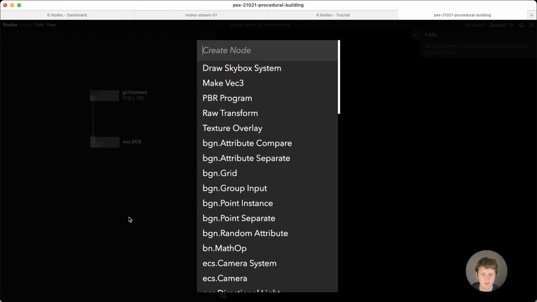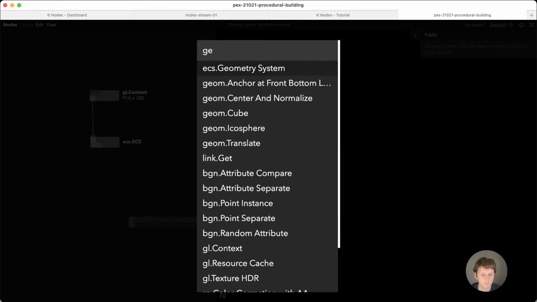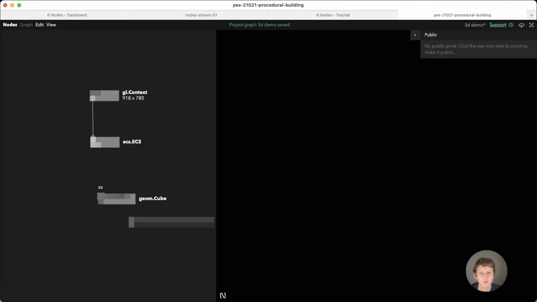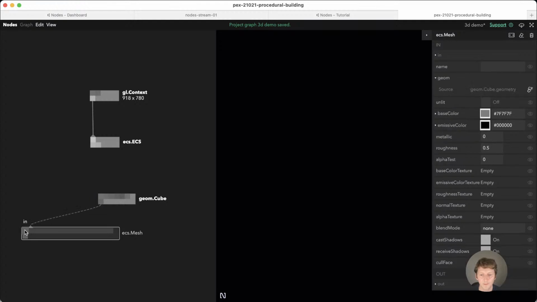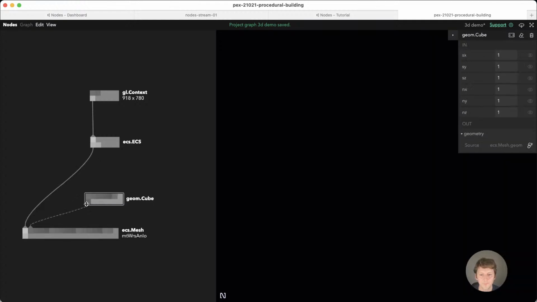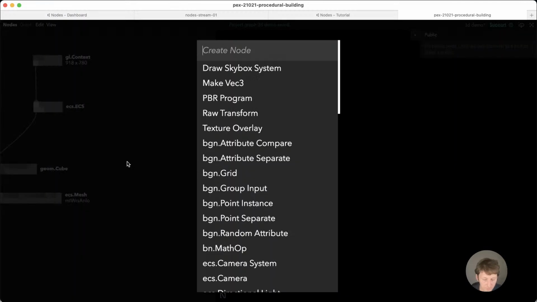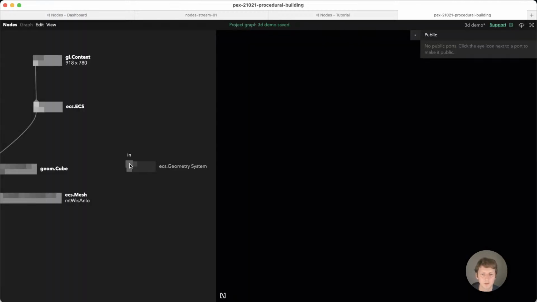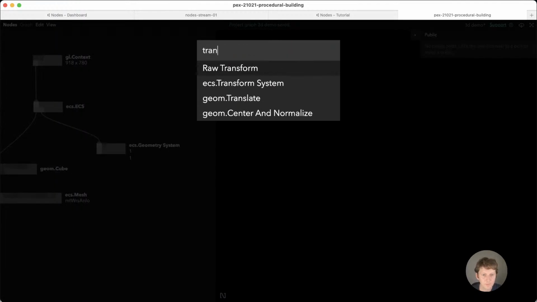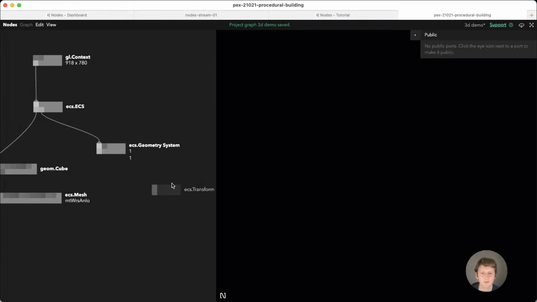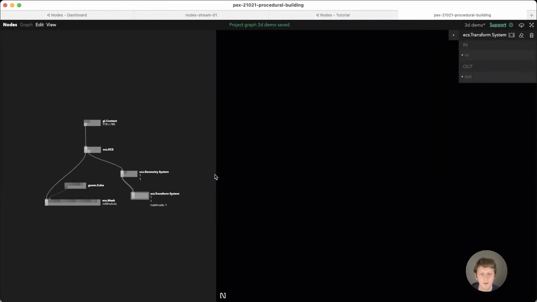And I have ECS mesh and geom cube. So create geometry and add it here, and then I'll have a geometry system that can create vertex buffers for me, and I can have a transform system that takes care of node hierarchy, and